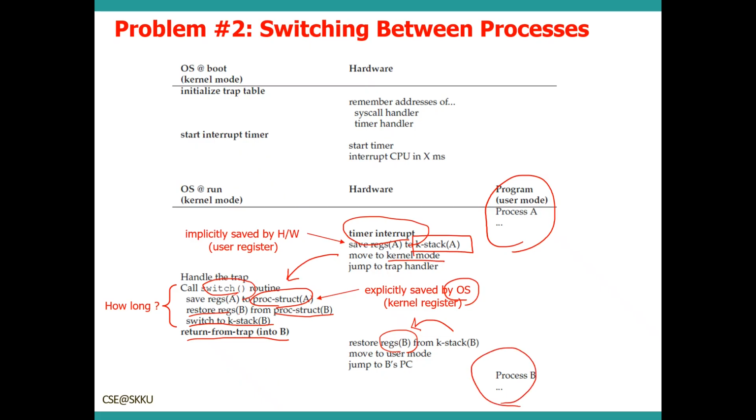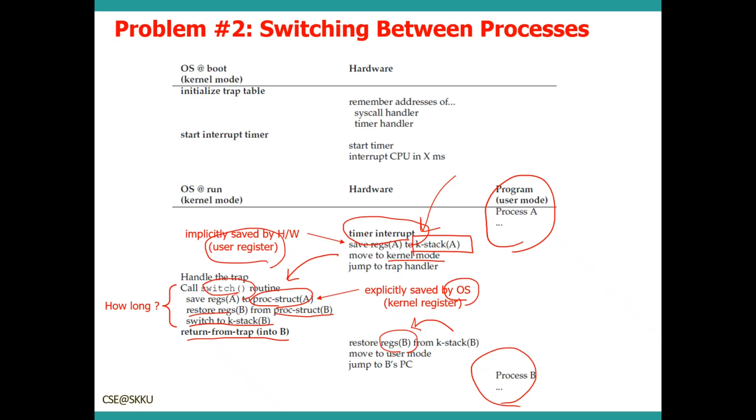Here there are two types of register saves and restores that happen during this protocol. The first is when the timer interrupt occurs. In this case, the user registers of the running process are implicitly saved by the hardware. The hardware automatically saves the registers, without any software instruction.